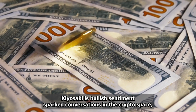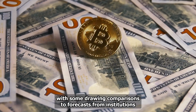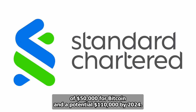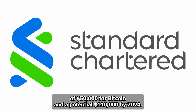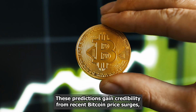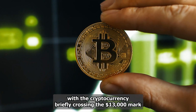Kiyosaki's bullish sentiment sparked conversations in the crypto space, with some drawing comparisons to forecasts from institutions like Standard Chartered Bank, which predicted a year-end target of $50,000 for Bitcoin and a potential $120,000 by 2024. These predictions gained credibility from recent Bitcoin price surges, with the cryptocurrency briefly crossing the $30,000 mark for the first